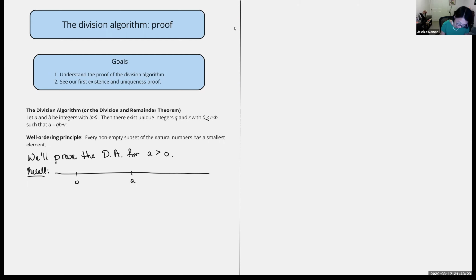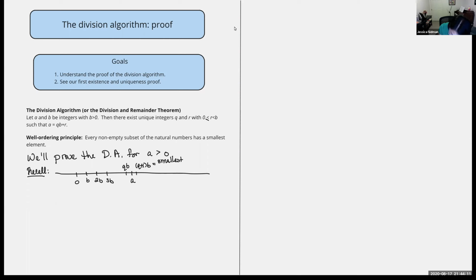Well, we look at multiples of B: B, 2B, 3B, here's QB, and the next one is Q plus 1 times B, etc. So we said that QB in the division algorithm is the multiple of B that's closest to A, but still to the left of A, so that the next multiple of B, which is Q plus 1 times B, has to be to the right of A,